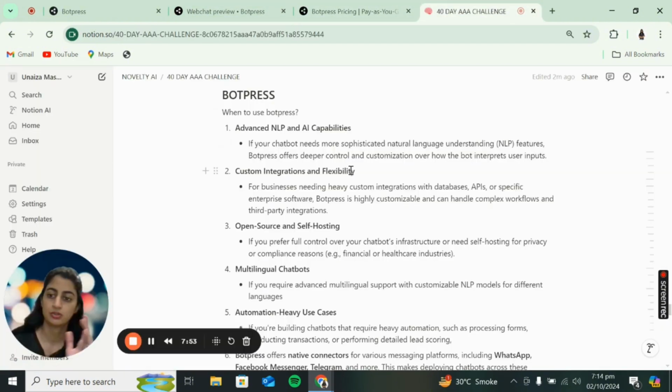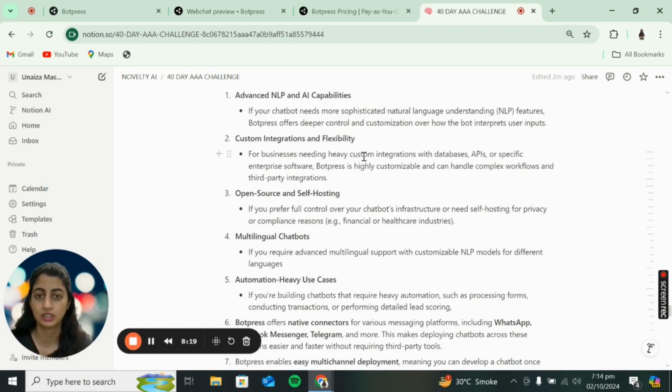Now, what are the conditions when you would use BotPress over VoiceFlow? When you want advanced natural language processing. You want your bot to understand the sentiment, understand emotions, pick up specific words, and then start a specific flow. That is when you would use BotPress, because it has much more advanced capabilities of processing natural language. Other than that, it also provides quite a few custom API integrations.